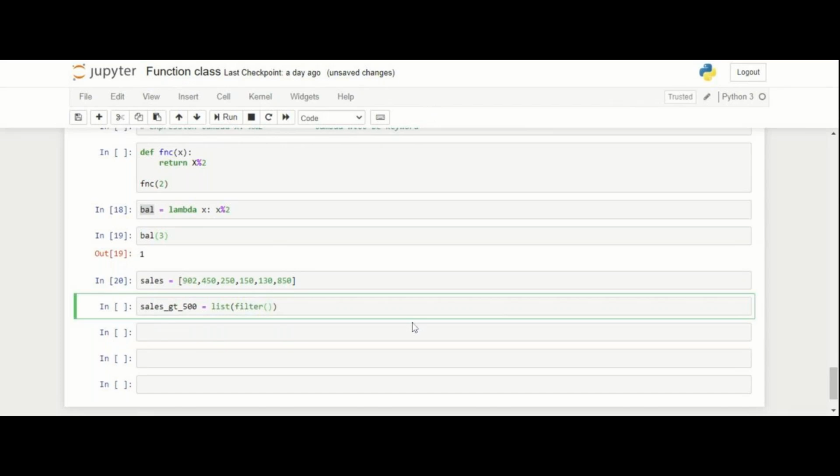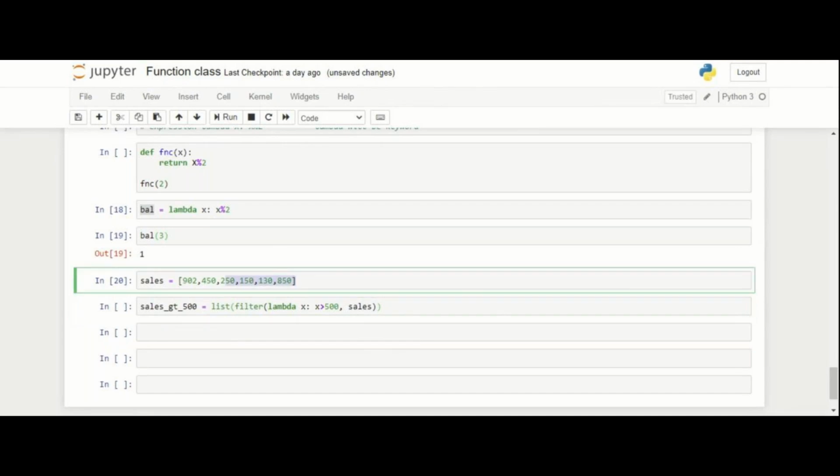Then I will pass the keyword lambda, and I will initialize it to one variable x. And this variable, what will it go and check? It will go and check if my amount is greater than 500, and it will check it from my sales list. So it will do a filter on this sales list.